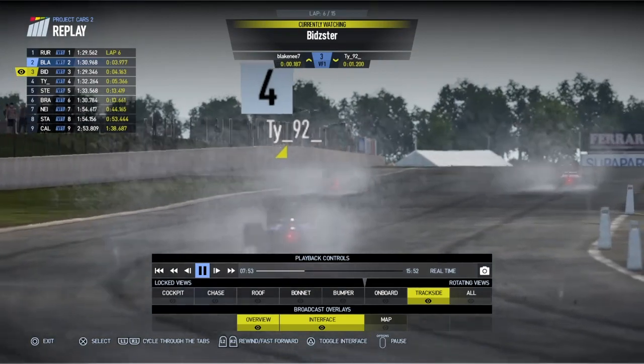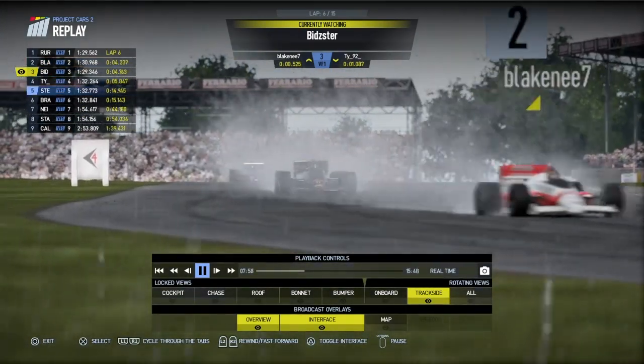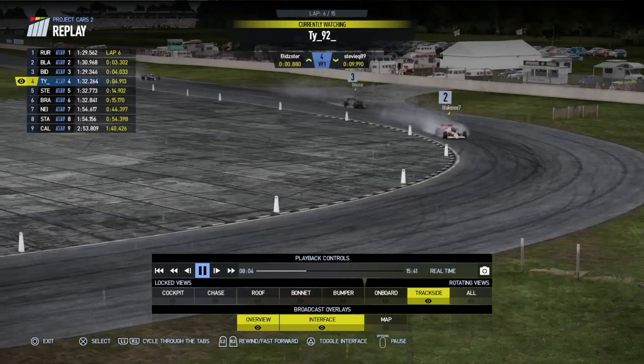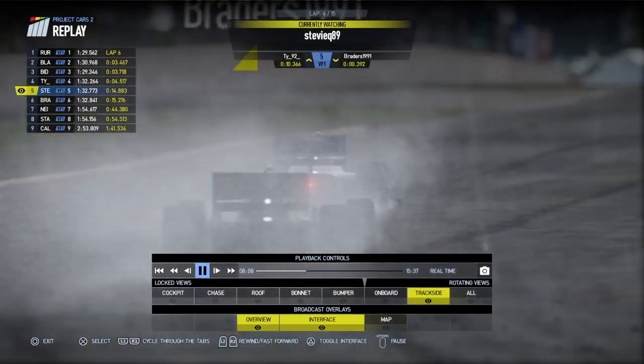As Blakeney goes around Bidzster as he gets up to speed, TY will close up as well, but Bidzster should be up to speed by then. As Stevie and Bradders are having a nice little battle back here as well. Nice little battle between these two as we look back to Bidzster and TY, and Bidzster's closed up to Blakeney again. But there goes Stevie